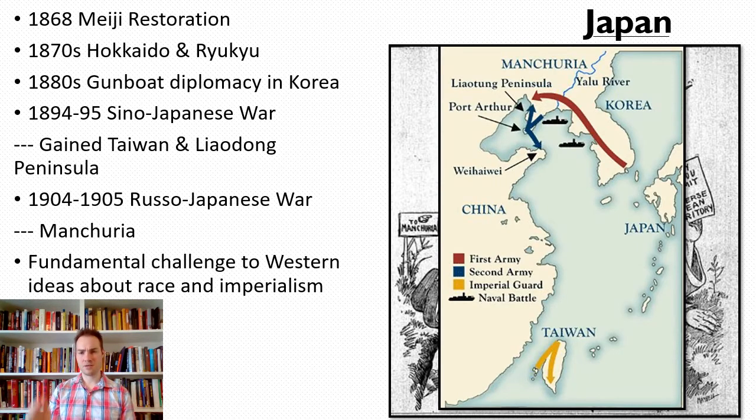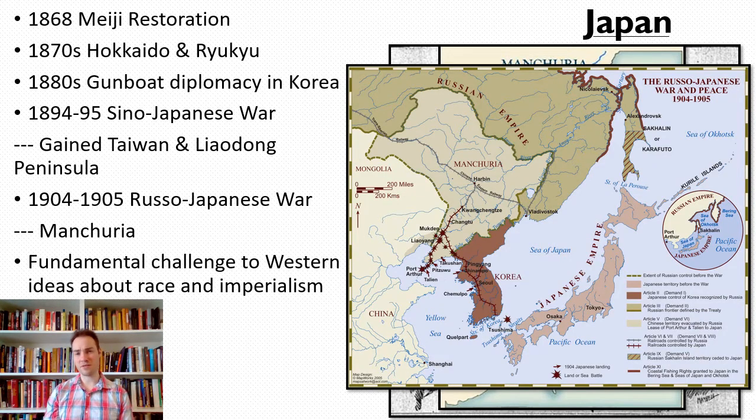This is true. So this is the first war with China, right? The Sino-Japanese War, showing Japanese gunboat imperialism up there in Korea. The Liaodong Peninsula they're going to get, and then down at the bottom in yellow, Taiwan. This is showing the Russo-Japanese War. By this point, the Japanese were heavily engaged in economic imperialism in Korea and become openly engaged in war with Russia. And that area, Manchuria, is going to get ceded to Japan eventually, leading into World War II, which we'll talk more about in the future.